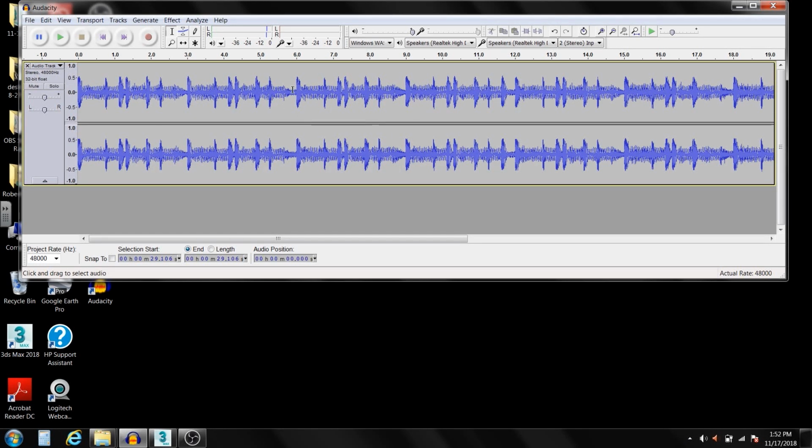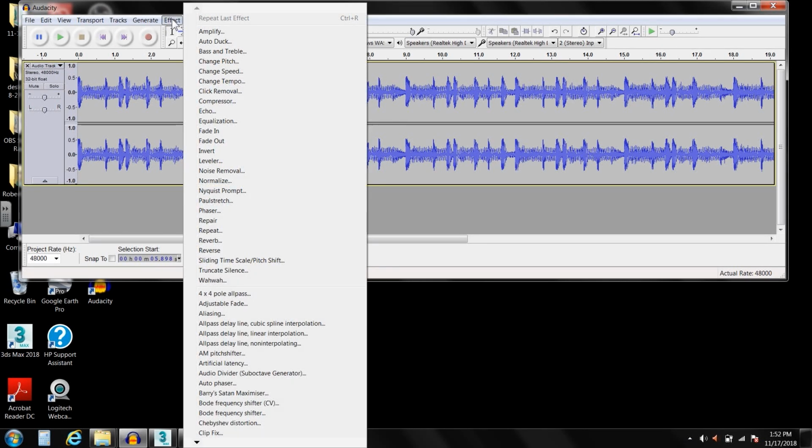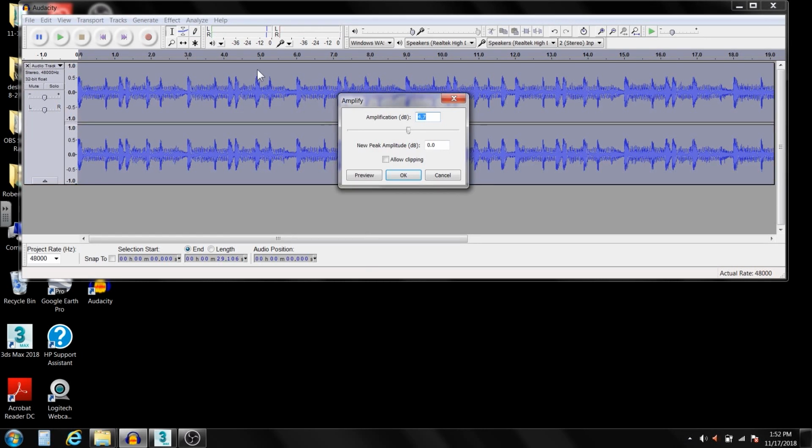Here, I've just got this cursor anywhere, and I can go to the effects. For this, we could just go to Amplify. Let's check that out. So I'll go to Amplify, and it says I can make this louder by 4.7 decibels. And if I just say OK,